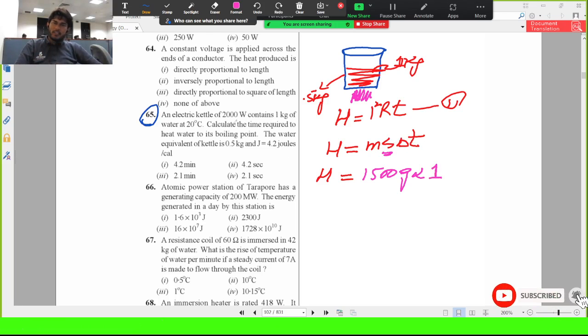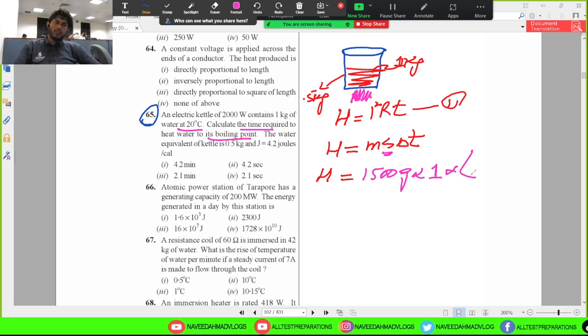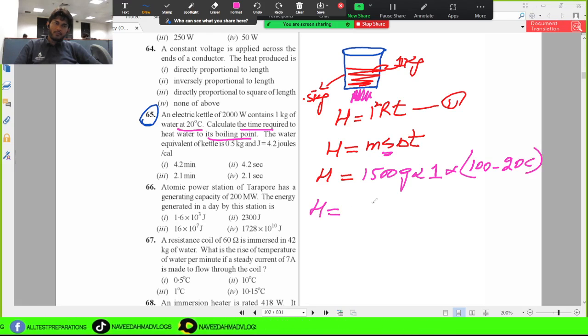So del T is the room temperature, 20 degrees C, and you need to find the time required to heat water to its boiling point, like how much time it will consume to reach its boiling point. So you need to find that. As we know, del T is equal to the temperature difference, so that will be 100 degrees C, the boiling point of water, minus 20 degrees C, that is the room temperature. So over here you will get 1500 multiplied by 80,